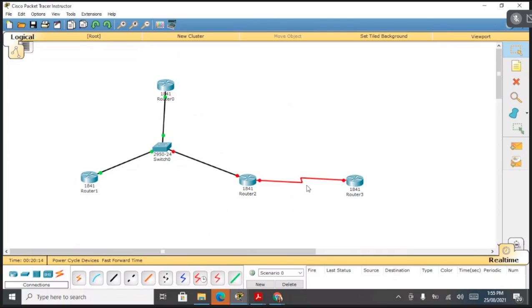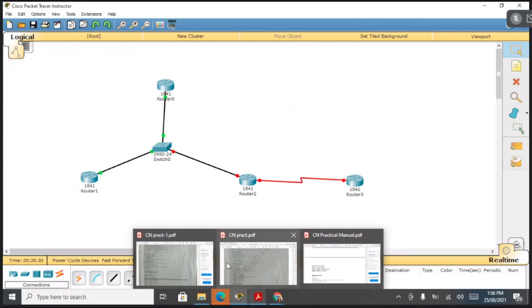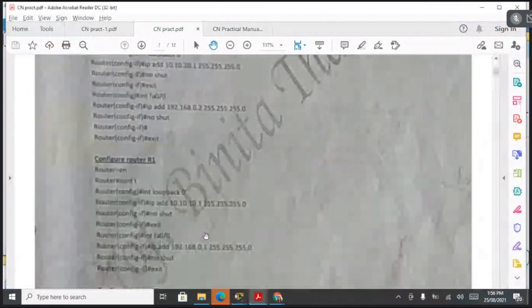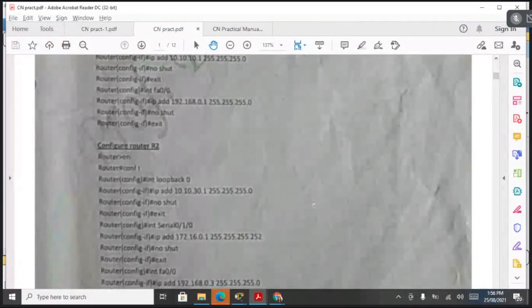So तीनों को आपको यहाँ पे कॉन्फ़िगर करना है on R2, इवन ऑन R3 पे 2 ही रहेगा. R2 पे 3 है इंटरफेसेस.